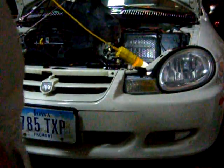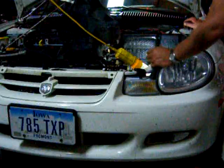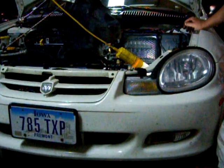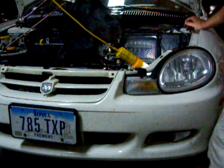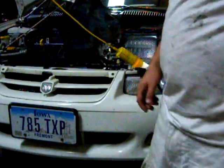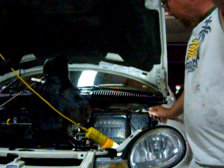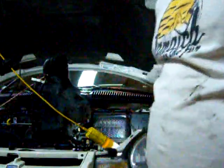You can take it in and have a mechanic flush the system after you replace the radiator, but I've had mechanics tell me that they can't get it out of the torque converter anyway, so just go through a few filter and oil changes or transmission fluid changes. I did that, and after I got the radiator in and changed all the fluid, changed the coolant, it ran for about 20,000 miles, and now, from reading on the forums,